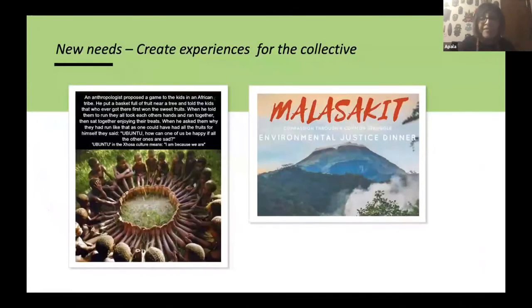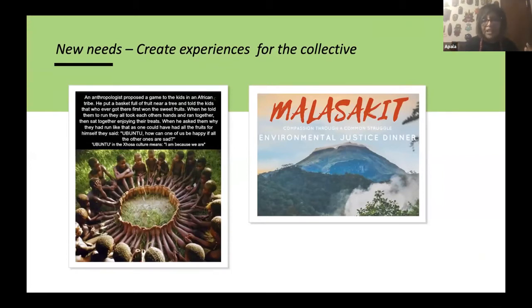Some cultures already have constructs, and I have these two because I'm familiar with both cultures and I have worked in both. So there is Ubuntu, which is very African, and is at the heart of this shift. It's about togetherness. There's no one expert who comes and gives the solutions. It's about, I exist because of all, and we all exist because of each other. And the Philippines has Malasakit, which is again this compassion to come up with a solution, but through a common struggle. We are all in it together in the same manner.